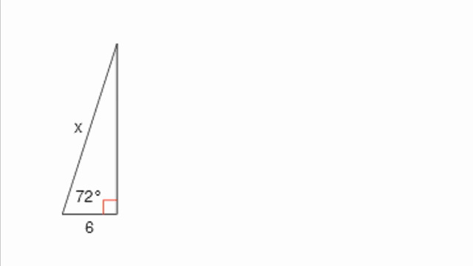Here we have another triangle. In this case, we are given one angle in addition to our right angle. We have the length of the adjacent side of that angle, and then we are asked to find the length of the hypotenuse. So again, we have information relating the adjacent and the hypotenuse, so we're going to use the cosine function again. The cosine of 72 degrees,